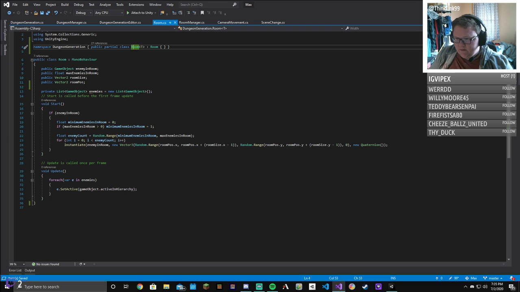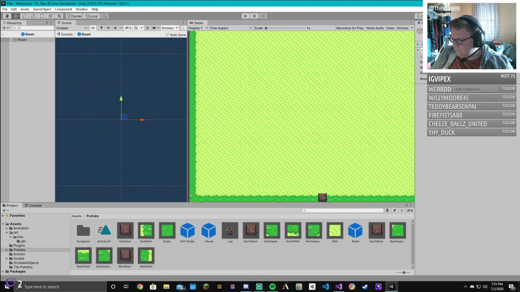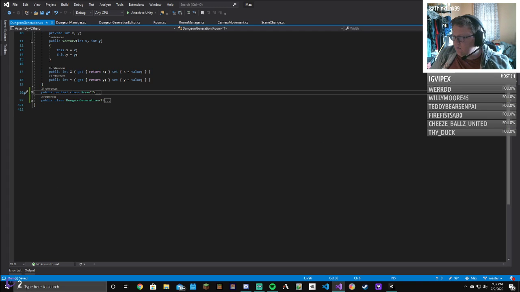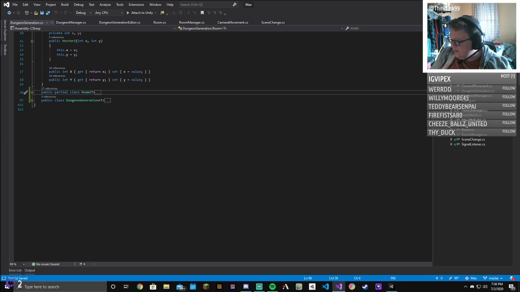So I want to be able to access this now instead. But I guess it's not its own script, that's why. So if we do DungeonGeneration,